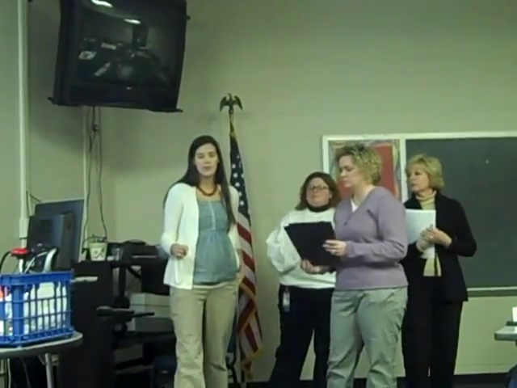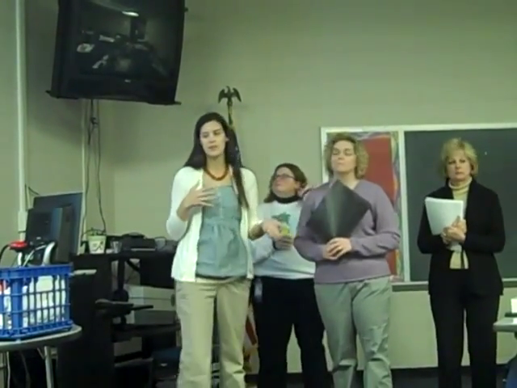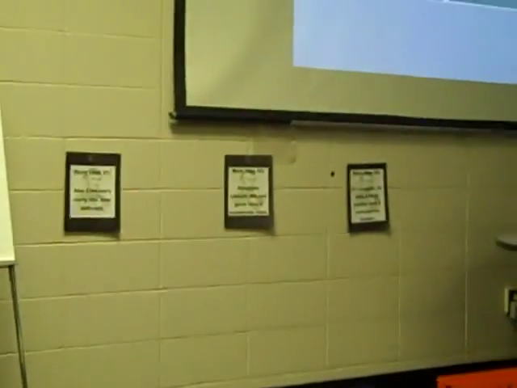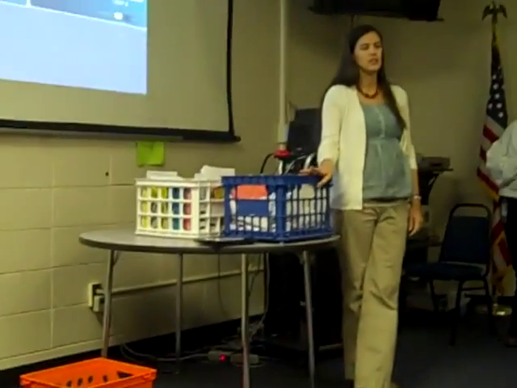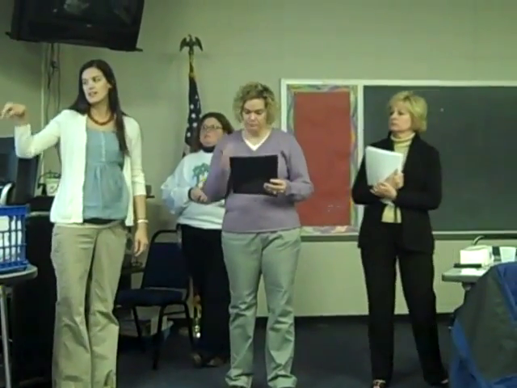Okay, so the whole point of the game is just corresponding the details with main ideas, and you have 3 main ideas up at the front of the room, and it's all about Abraham Lincoln, and then each of the detail cards go along with one of the main idea cards. We pulled out all the irrelevant cards just for now, but you can add them back in. So at the beginning we would read the introduction and conclusion and the main ideas, and then they would just